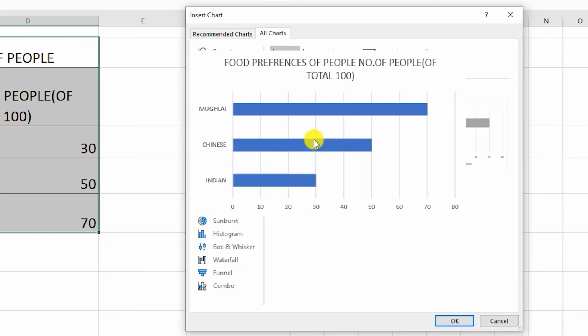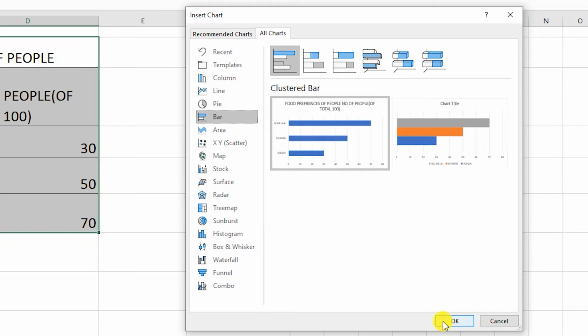Where the bars are sleeping bars, it is known as a bar chart, and where they are standing, it is a column chart. Also here the categories come on the y-axis and the values come on the x-axis. Otherwise it is the same as the column charts. They are used for comparison, showing comparison between the various categories.